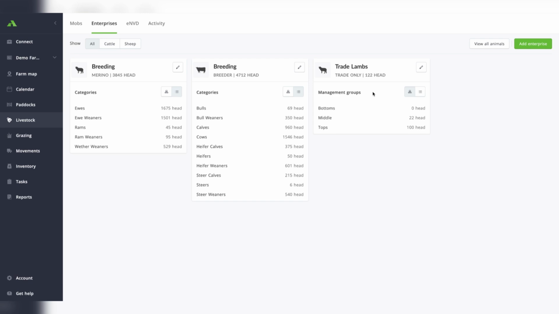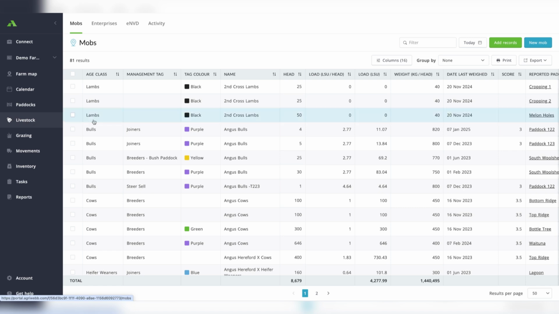So management groups provide an optional, deeper categorization within an enterprise. Think of these categories like vendor, sale weight groups within a trading enterprise, or sire groups or twins and singles in a breeding enterprise. So to set up an enterprise on your AgriWebb, we want to head to the livestock